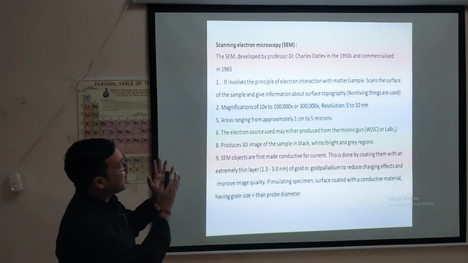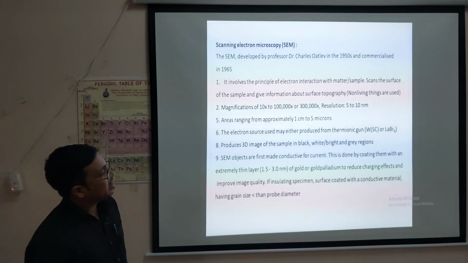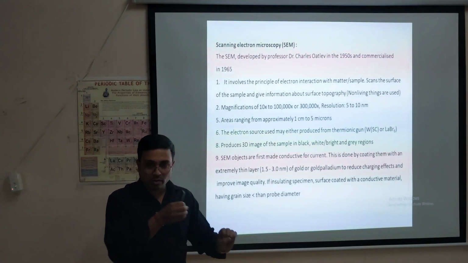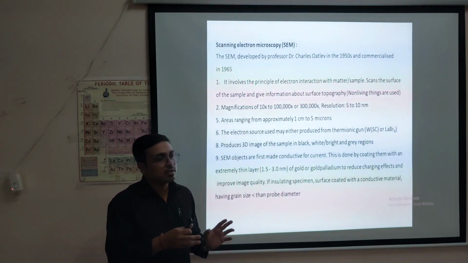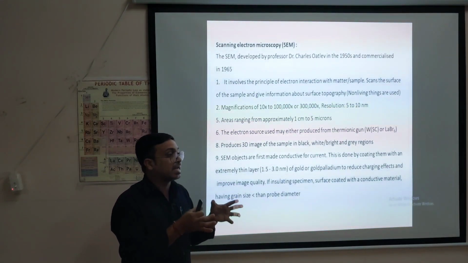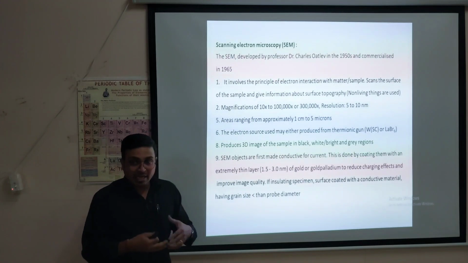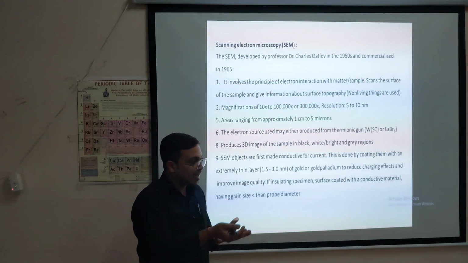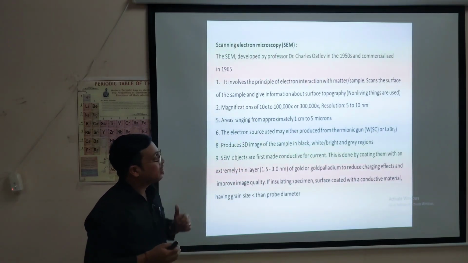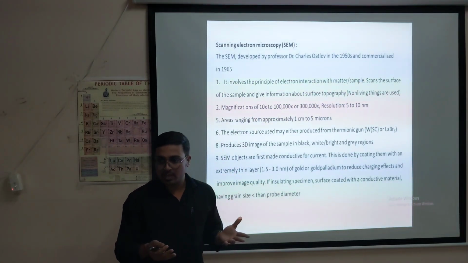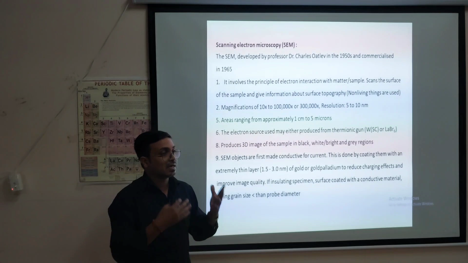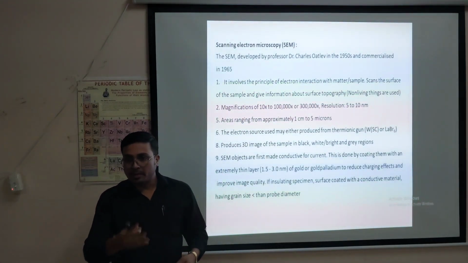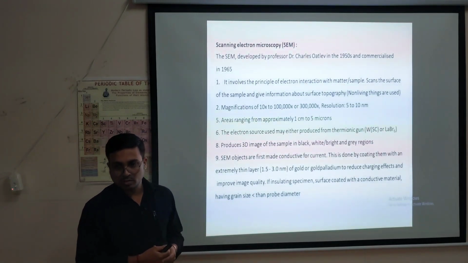Okay, and in SEM what happens, here I have written thermionic gun, meaning the source from which the electrons are coming is termed the gun. Thermionic gun means the system gets heated, and through the heating effect electrons are generated. In the case of field emission scanning electron microscopy, the FESEM case, it will have a field, meaning the electric field generated around will help in emitting electrons from the source.